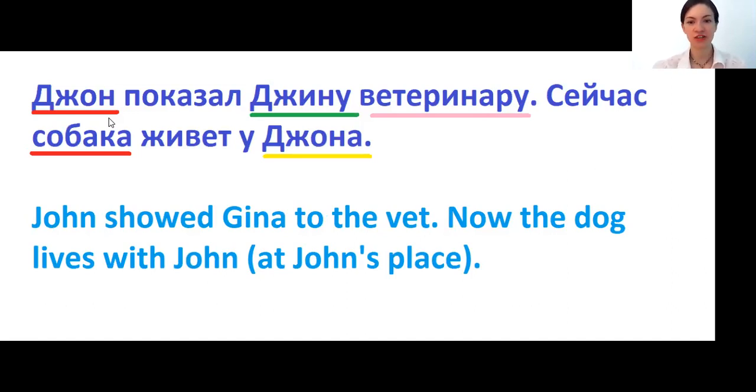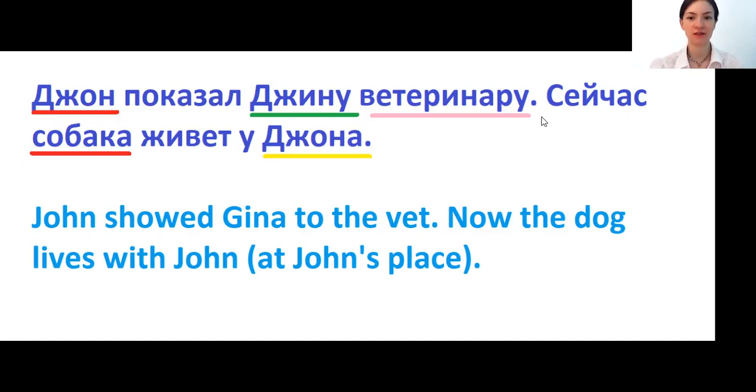You have kind of the same construction in English, because you say John showed Gina, its object, to the vet, right? It's like addressee, to whom, right? You say in English. The same in Russian. Джон показал Джину, accusative,